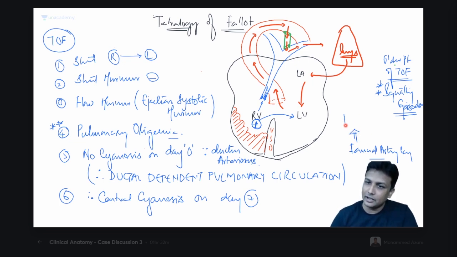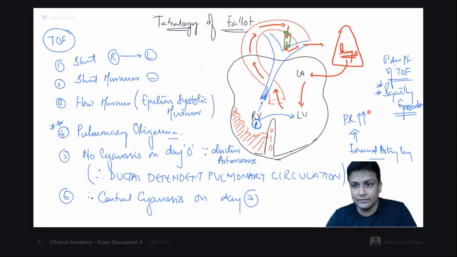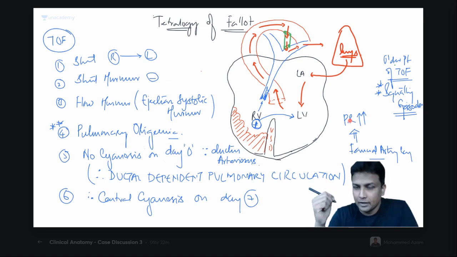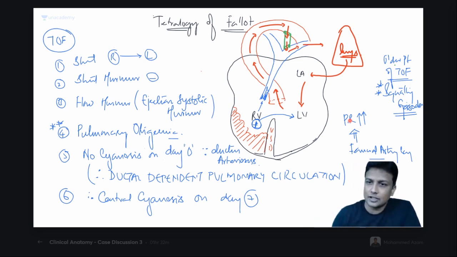The peripheral resistance will increase. Listen very, very carefully. We are discussing one very important part here right now. When the person is squatting, femoral artery will be compressed, and because of compression of the femoral artery, peripheral resistance will increase. When the peripheral resistance is increased, what will happen? Who is going to supply the blood into the femoral artery or the entire body? The aorta. So the aorta is going to carry the blood. But what is happening right now? Peripheral resistance is increasing.